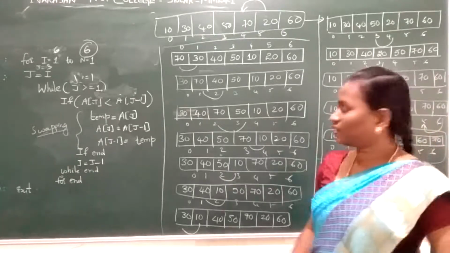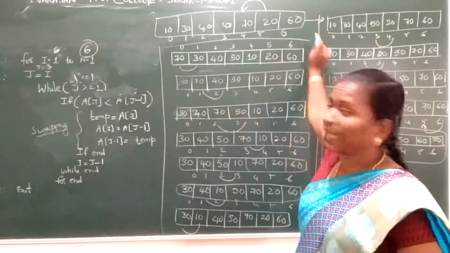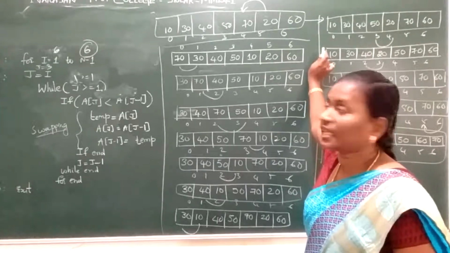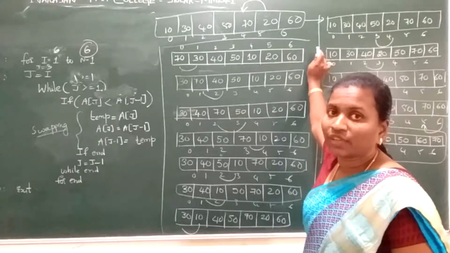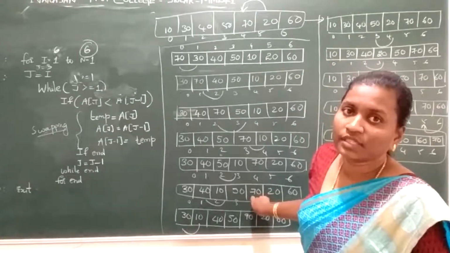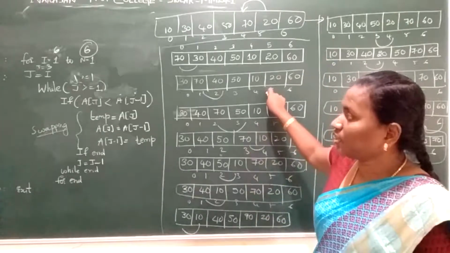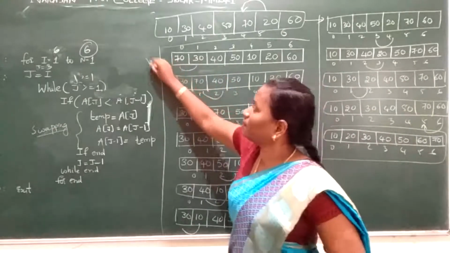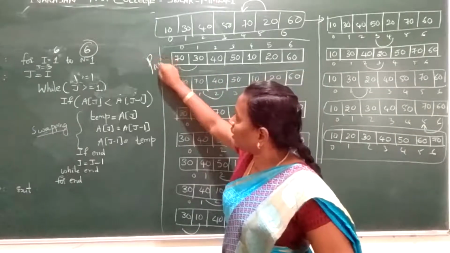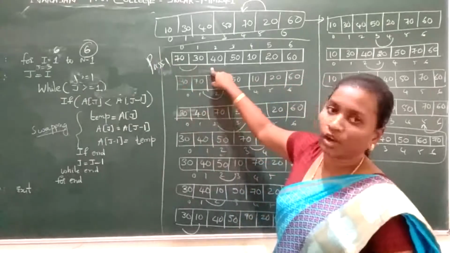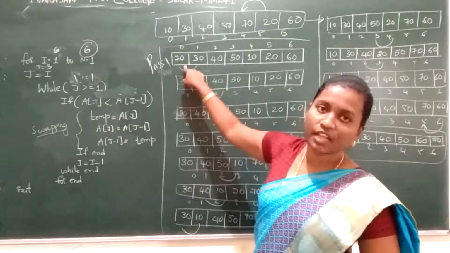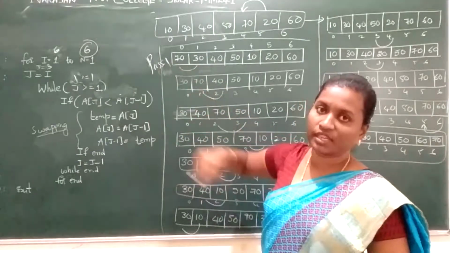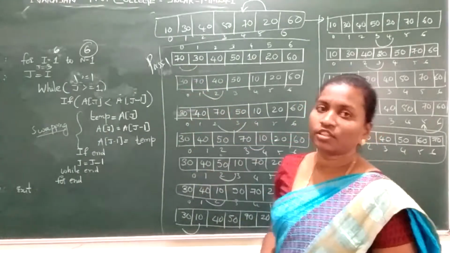So I discussed the insertion sort by taking an array. I have taken the array size a little bit bigger. I have taken the size as 7. So we have got so many parts. You just understand the concept. We'll assume that the first element is the first part. I will take it as part 1. Whatever the first element is, we assume that it falls in its place, and we compare the second element with the first element. So this is about insertion sort.